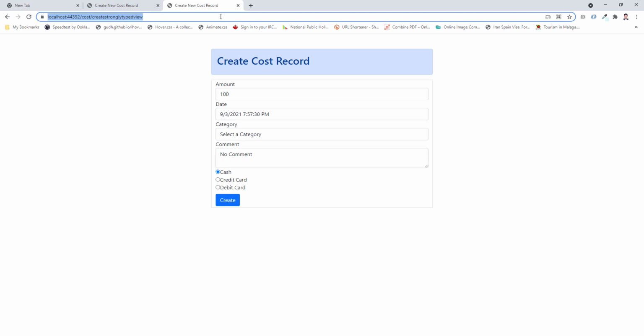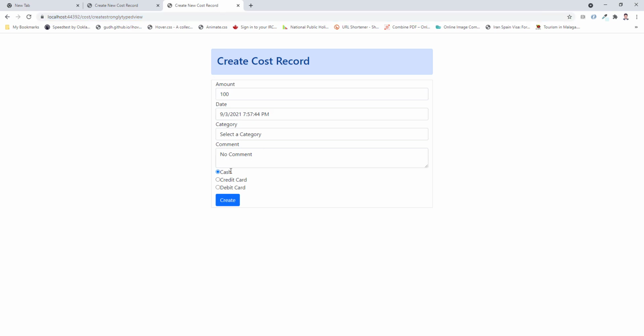And let me refresh the page, and as you can see, Cash is the predefined item in this list, but I want to add one label above of this list,